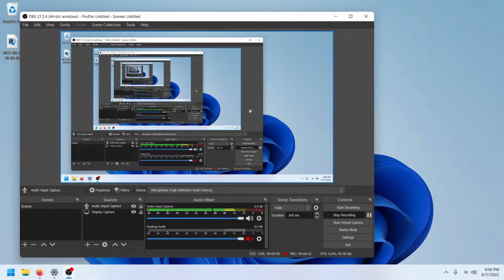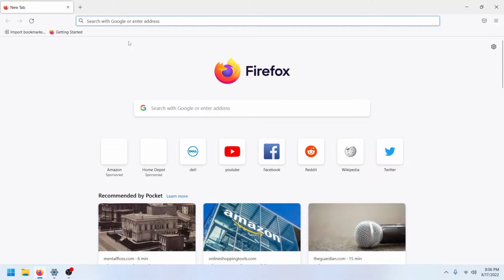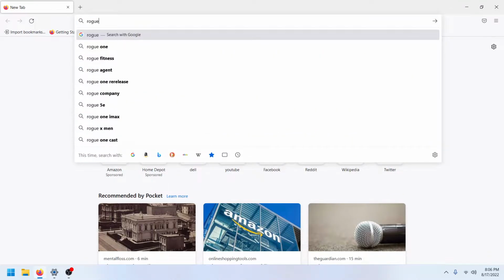Speaking of OBS Studio, that's what you're looking at. I know it looks a little weird. It's because it's doing a mirror and a mirror and a mirror thing. That's the file that it's generated. I've also already installed Firefox because I just could not take any more Edge. Anyway, the very first thing we are going to do is secure a virus-free future, we hope. First thing off the bat